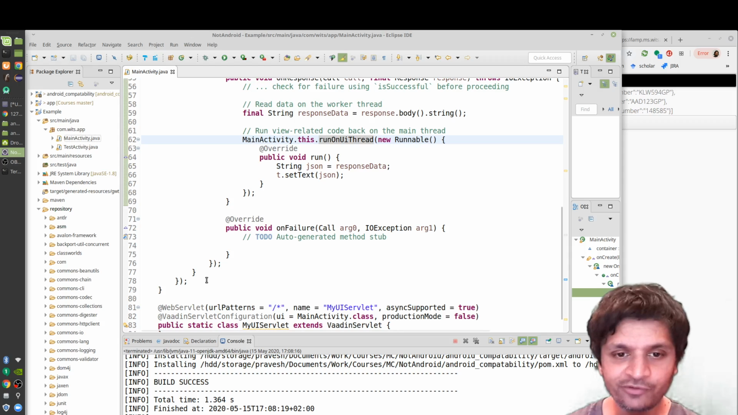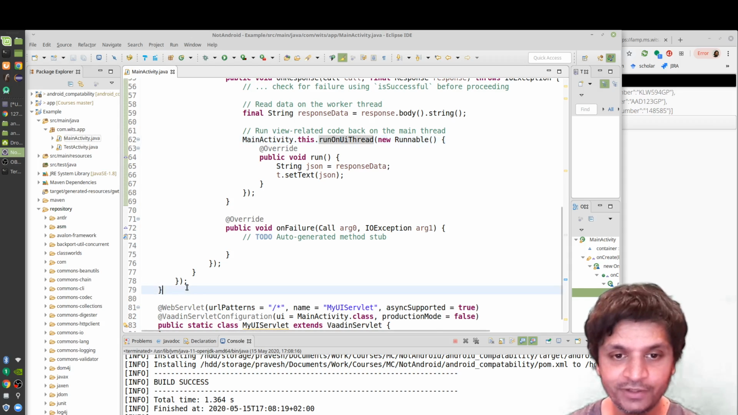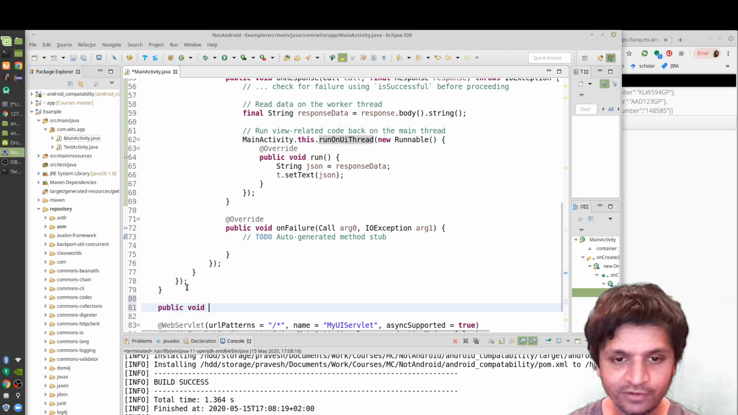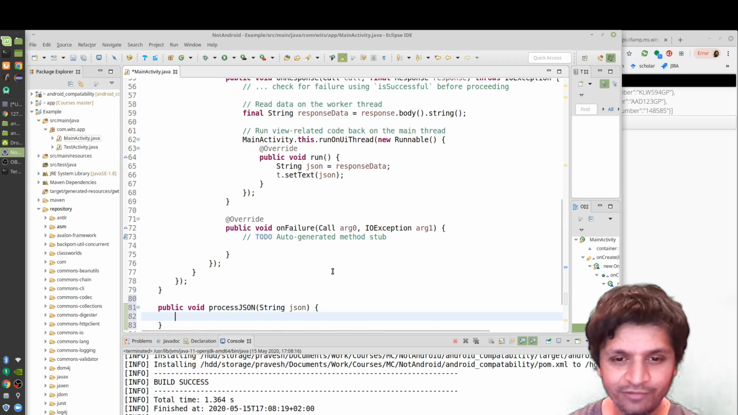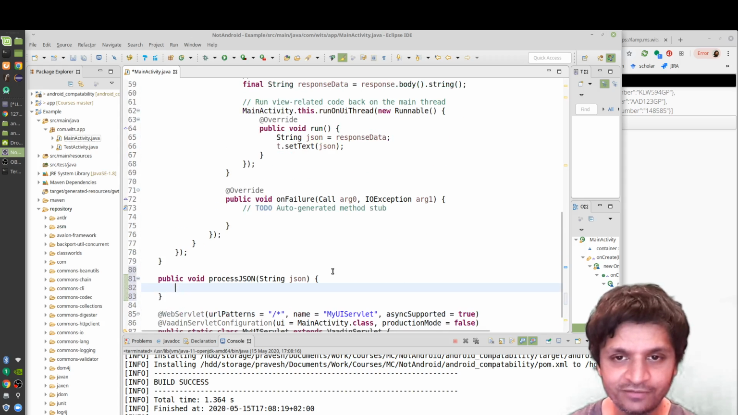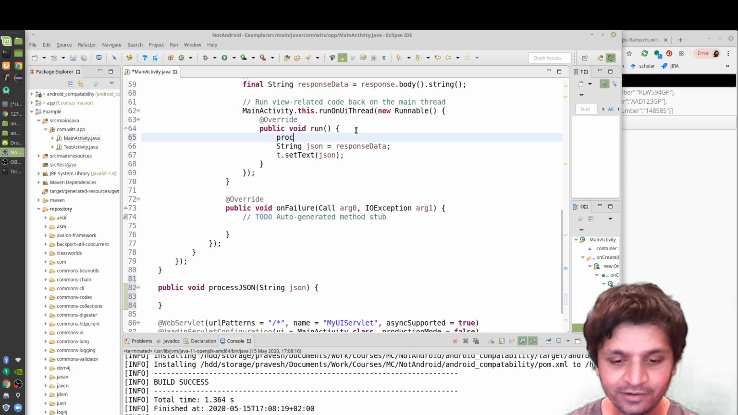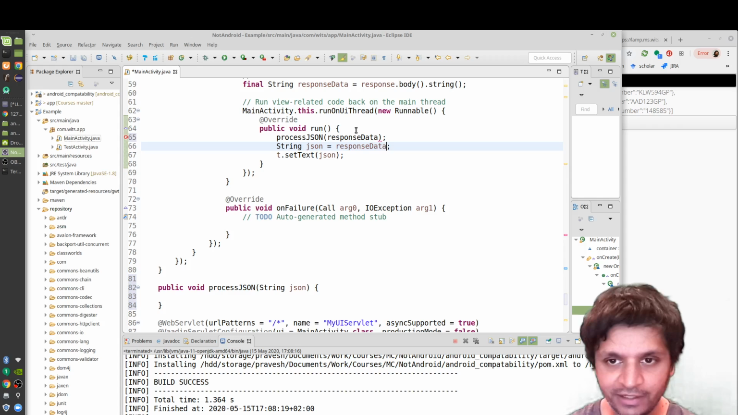What I want to do now is process that JSON, right? So I'm going to make a method called processJSON. I could, in theory, do it in this run method, but it just gets messy. It gets hard to follow where everything is. If I put it in a processJSON, then I know that's where the JSON is going to get processed. So instead of doing what I did there, I'm going to process JSON with the responseData as the